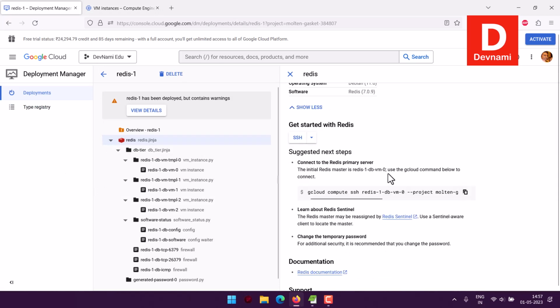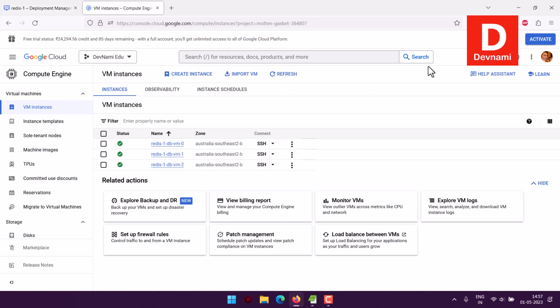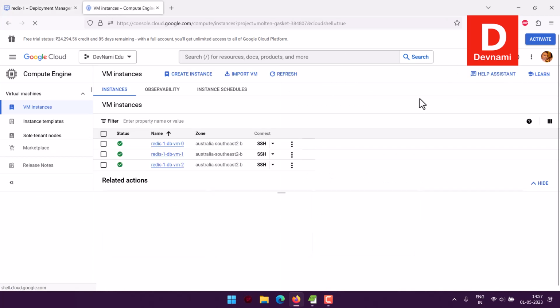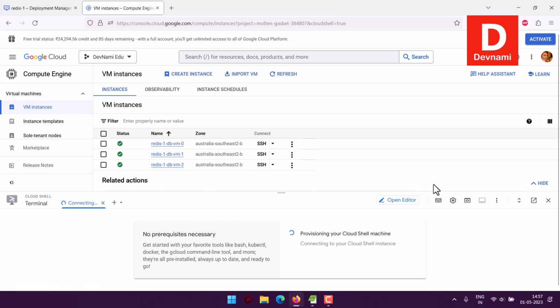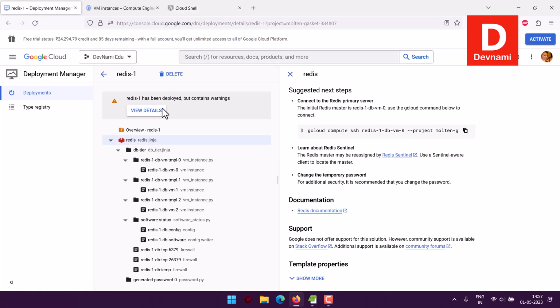Right here you can see connect to Redis primary server. Initial Redis master Redis 1. Use the gcloud command below to connect. So we'll copy this and try and access it. So if we use this particular cloud shell, let me maximize. If you want, you can also take this particular cloud shell to new window. So I'm taking this to new window, and as they said, I will copy this particular command and run it,